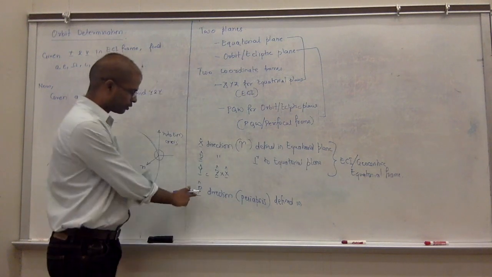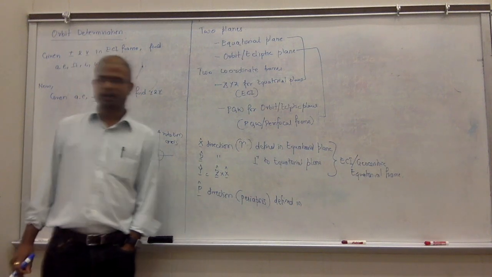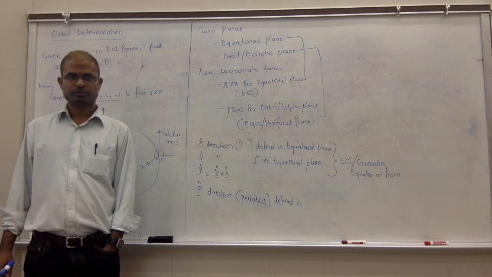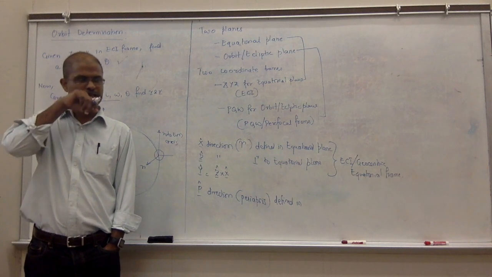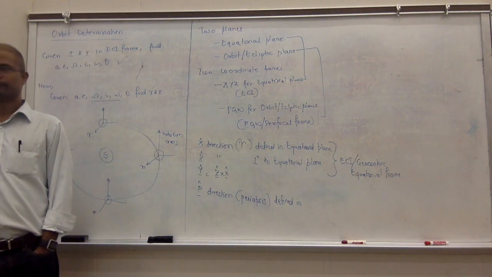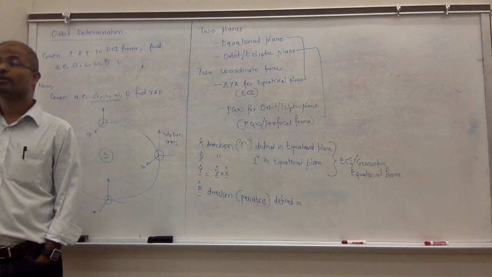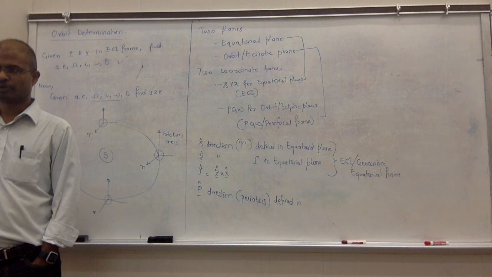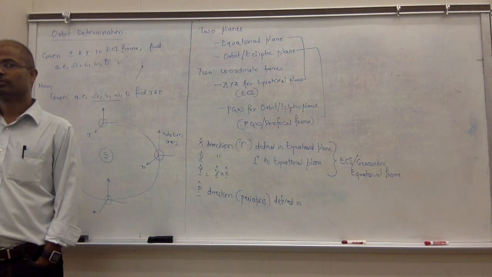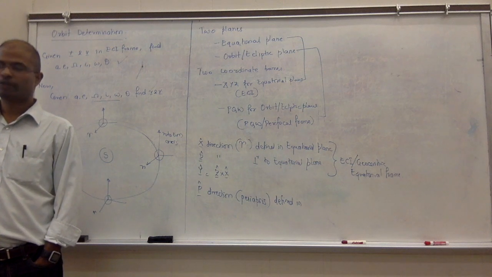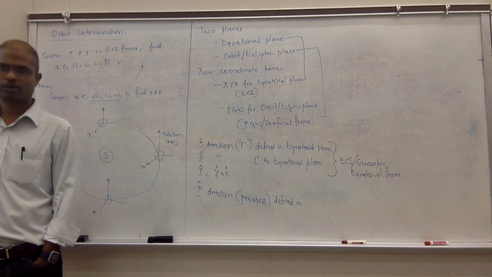Okay? So the P direction is the periaxis direction. For any orbit, this P direction is always constant, right? You know that by now. What is periaxis? Point of closest approach. If you just join the center of Earth to that point of closest approach, that will always be the periaxis direction. And if an orbit is given to you,